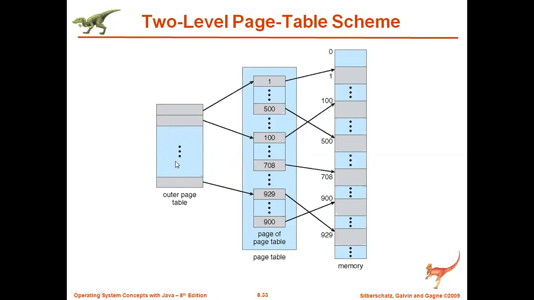This outer page table is not to identify the main memory frames. It is only to identify the sub page tables, meaning it will have an index to the page tables themselves. There will be one main page table, and under that we will have sub page tables. The main page table will have an index to the sub page tables, and then the sub page tables will have references to the main memory. So this is called a two-level page table. This will usually be used when we have a huge number of processes. Otherwise, the most common paging technique will be used.